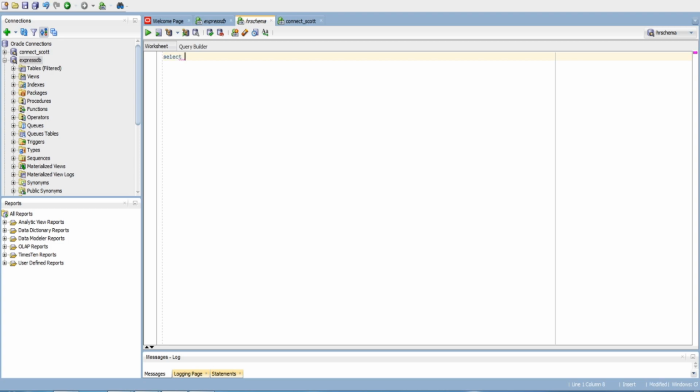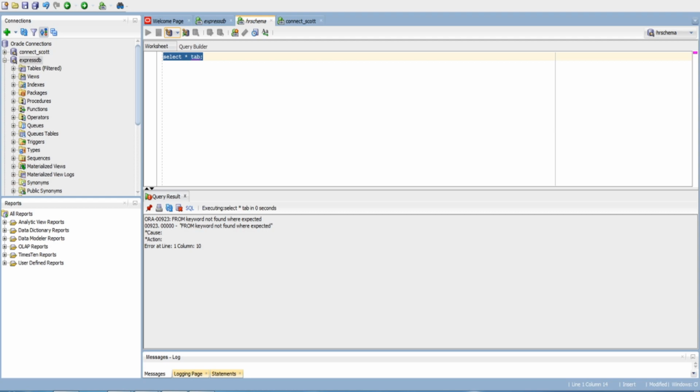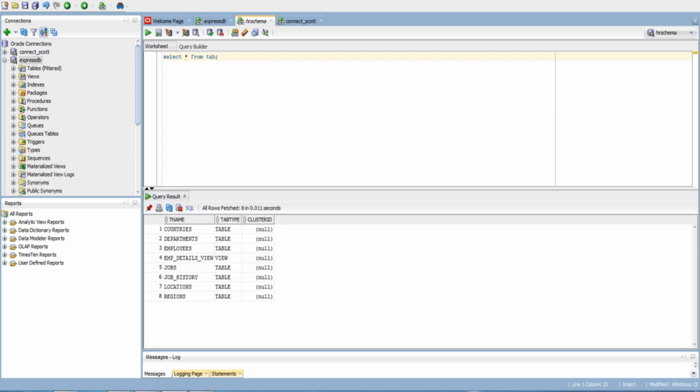You can list your tables with tab. You can see only the specific HR schema tables. The from keyword is missing. Enter the from keyword, then tab. You got your countries, departments, employees, jobs, job history, locations and regions.